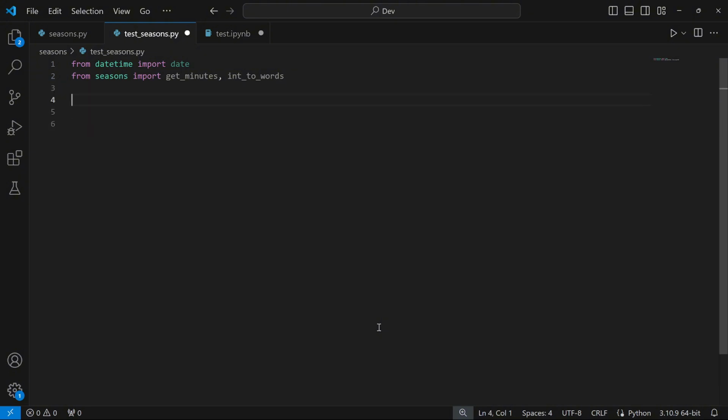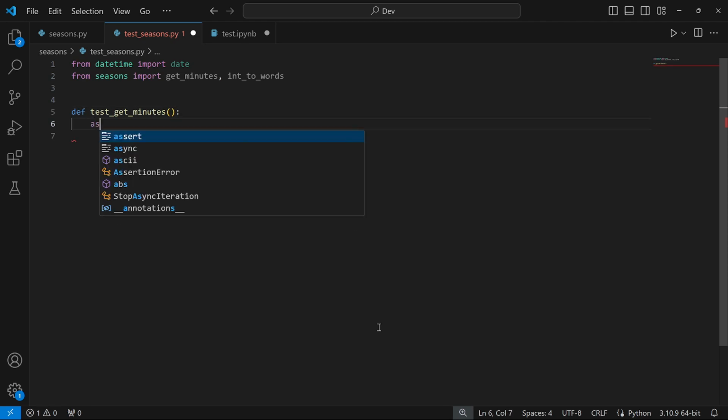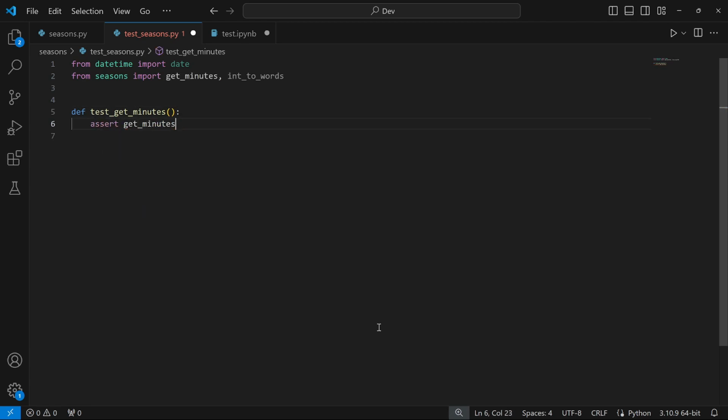And for our file test_seasons, I'm going to propose two functions. The first function we're going to test get_minutes, and in the second function we're going to test int_2_words. So I'm going to call this function test_get_minutes. This function will take 0 parameters, and within this function I want to assert that get_minutes of, let's say, our same date from last year, that will be 2023-08-13, will be equal to, in parentheses, date.today, because we need to do the actual calculation like we did before,